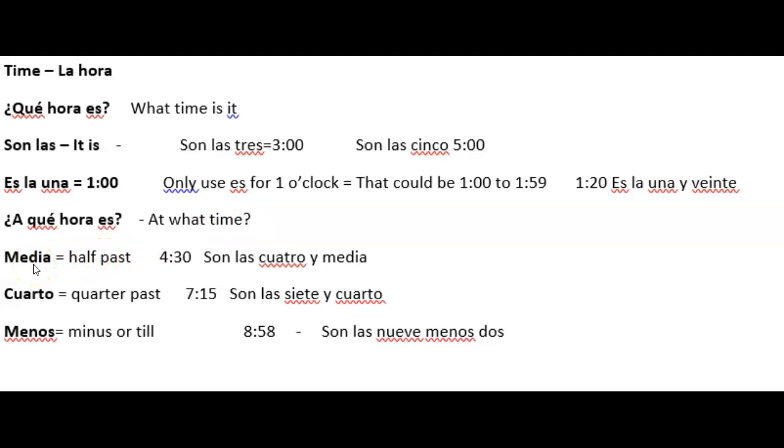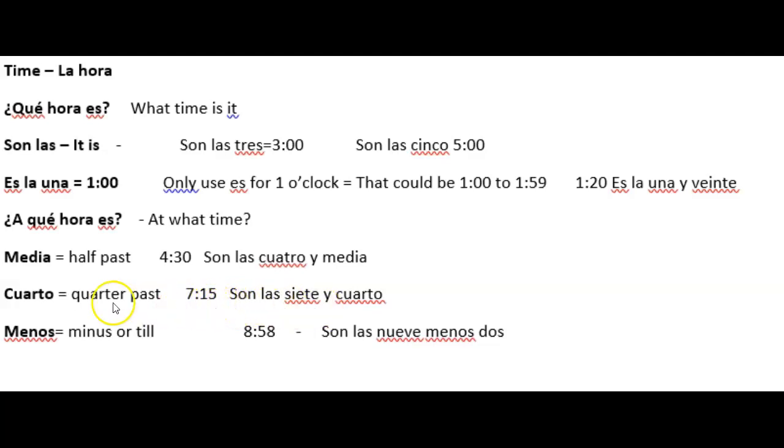We also learned some other phrases with time. Media equals half past. So you could use 30, or you could use media. Here's an example, 4:30, son las 4:30. Another phrase we learned is a quarter past, or cuarto. Don't get that confused with cuatro, which is 4. Cuarto. So our example, 7:15, son las